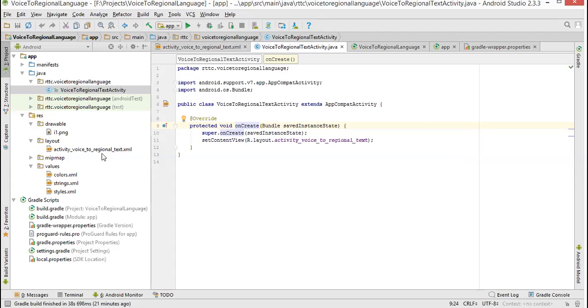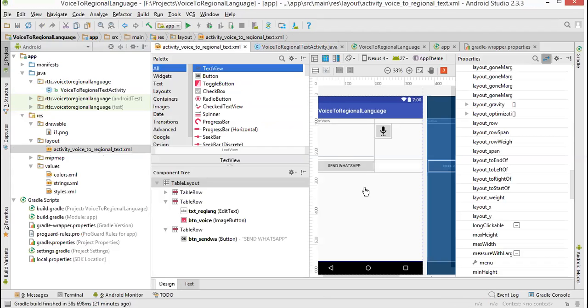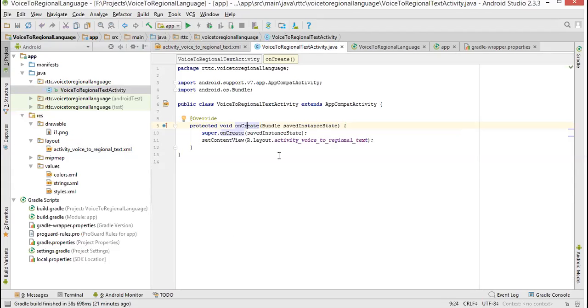No, I am telling, one XML file is there, the XML we have just created. This XML file is connected to this Java because of what? Set content view. Can you tell me what it is?